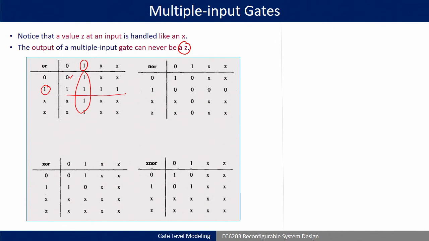Okay. That is why you will find that if z is here, z is here, ultimately you are getting x here. So, nowhere will you find z in the table, but if we see the tri-state gate case where controls are there, if control is off it will be high impedance, at that time we will find z in future slides.